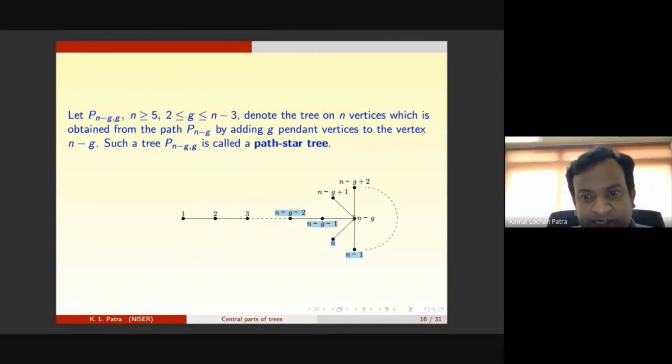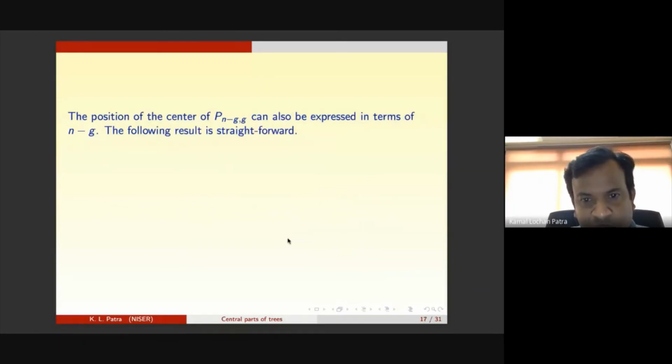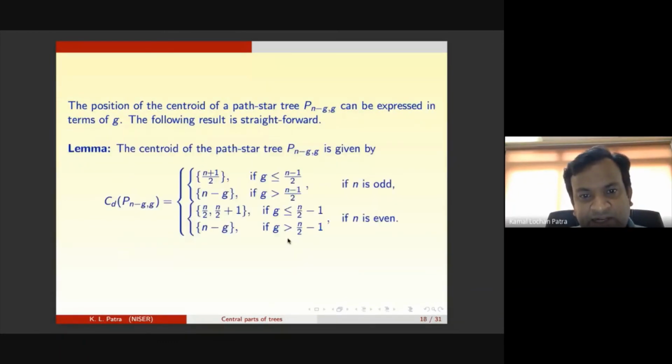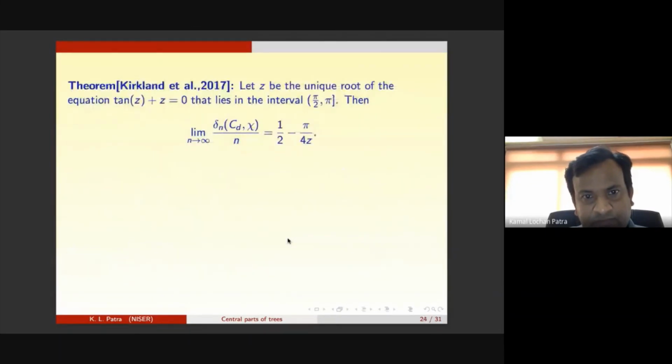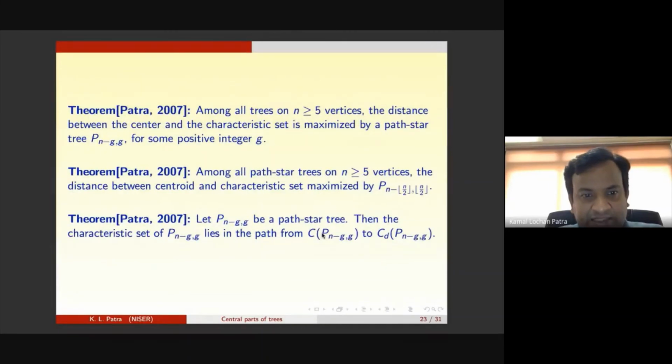So center and centroid always lie on the path from 2 to n minus g, because the pendant vertices will never come into center and centroid. So what we prove is that for any path star tree, the characteristic set lies in the path from center to centroid,